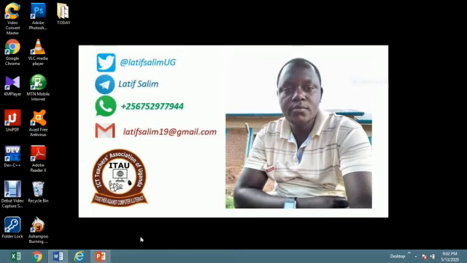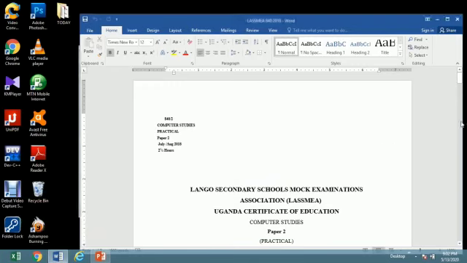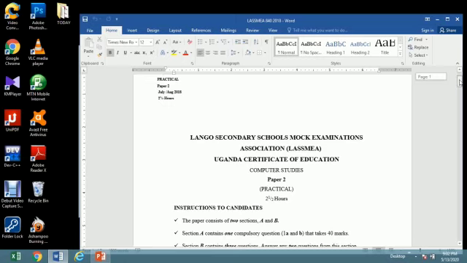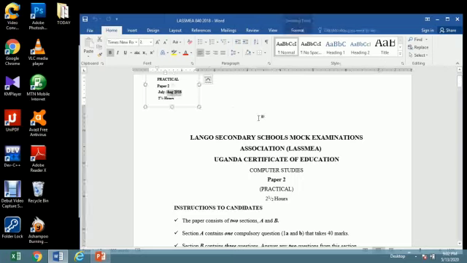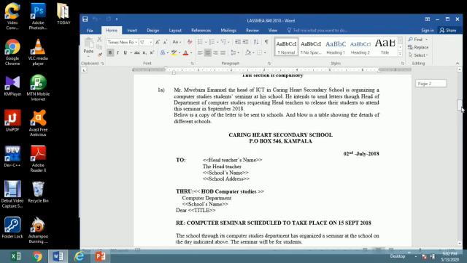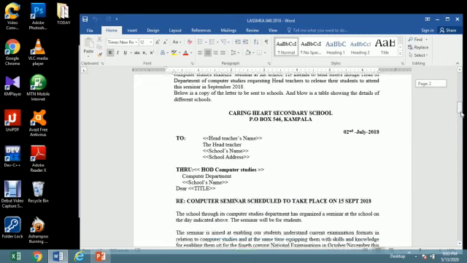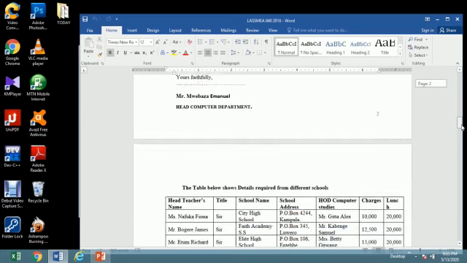Now with me is a question paper. Basically this was a mock exam from Lango Secondary School's mock examination session, in 2018. You can see this. Now our interest is basically to deal with number 1A. Number 1A is our area of focus tonight, and this is the number here that I want us to